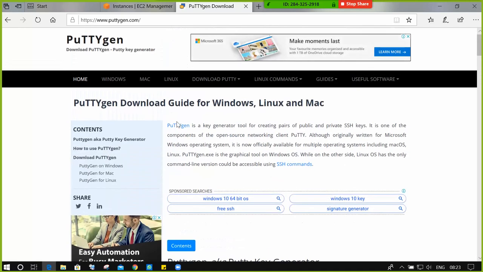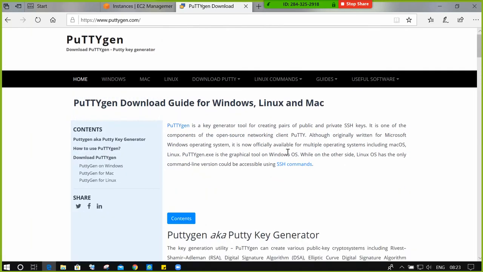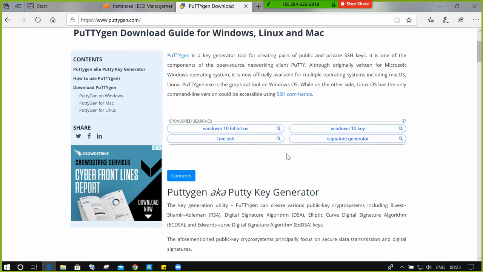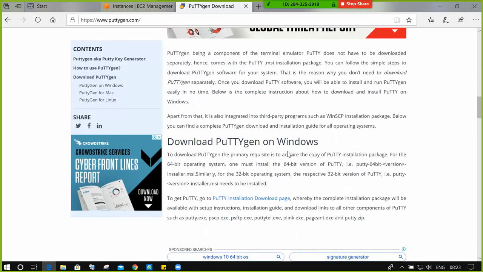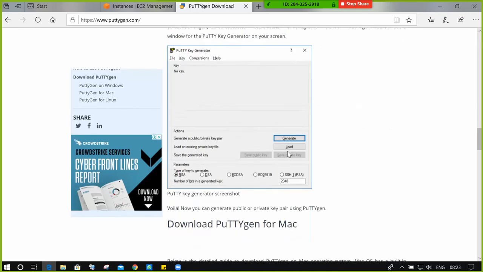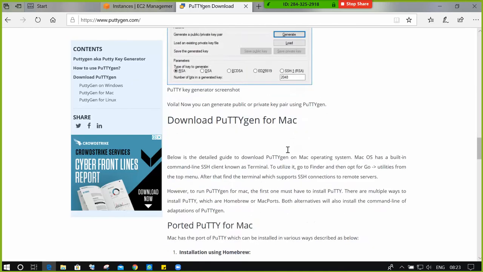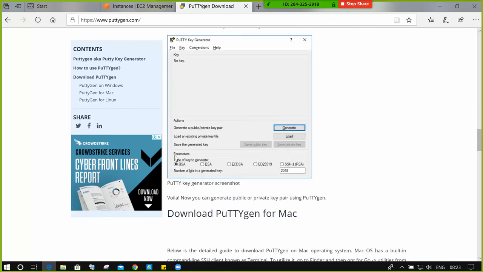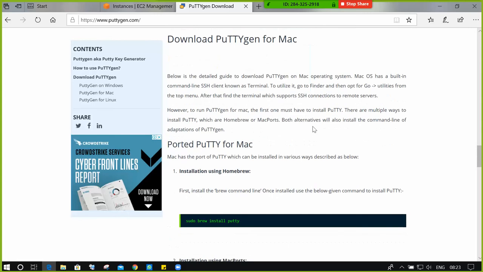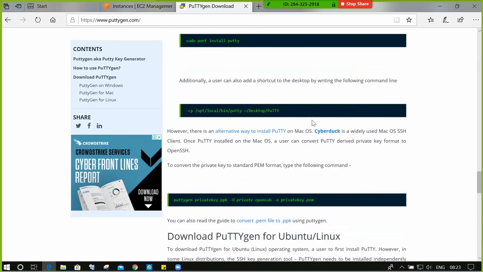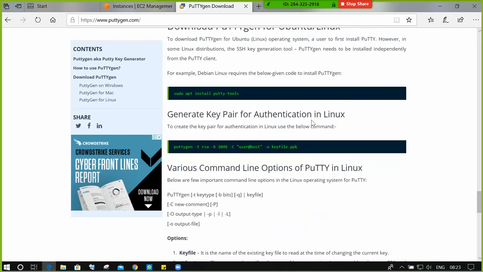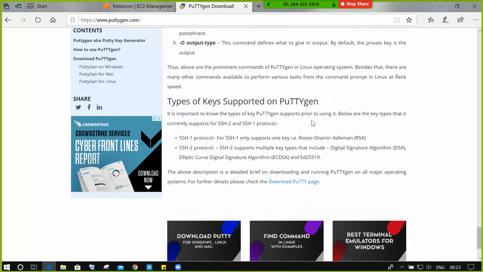Click here. The software will look like this, this is the screen that will come. I'll show you the download link and share it with you guys.